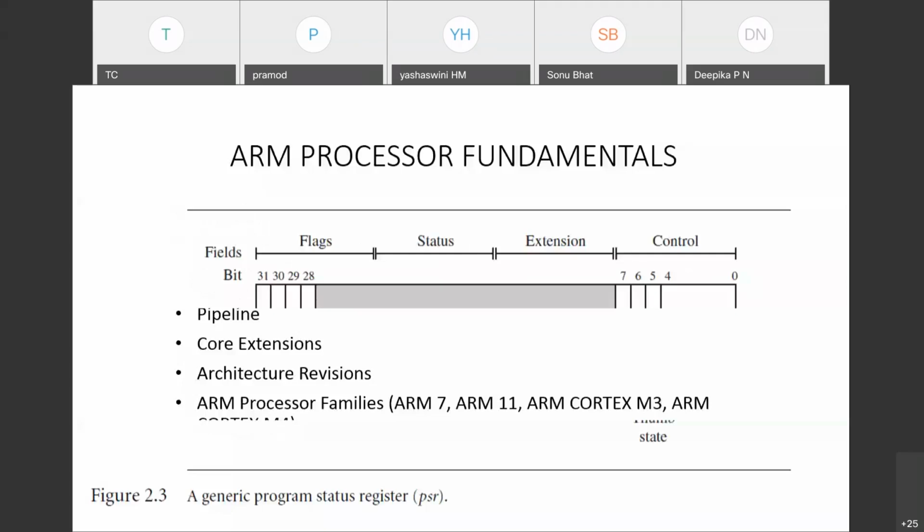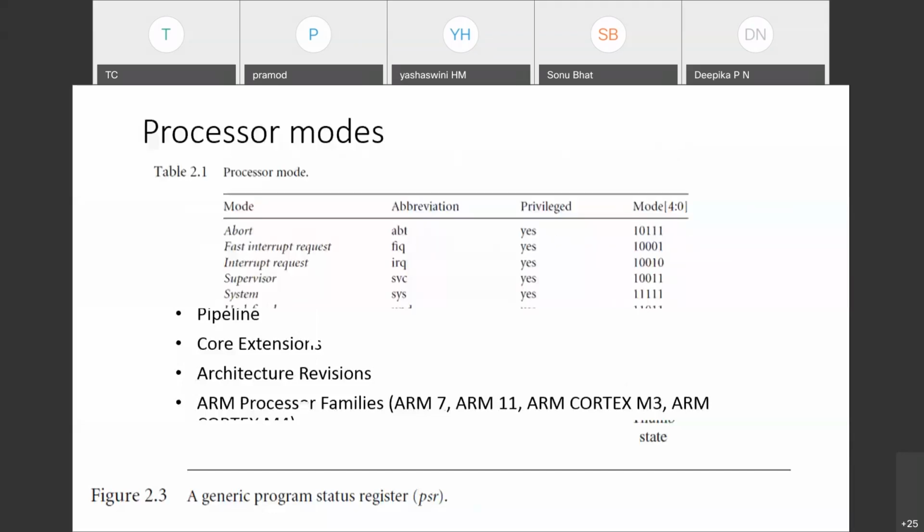We discussed how these can be configured, and that the processor can be in different modes. It can be user mode, fast interrupt request mode, supervisor mode, undefined mode, or abort mode. It can be in any one of these by setting the values accordingly, so the mode can be changed. Based on the mode value you set, that mode is selected.